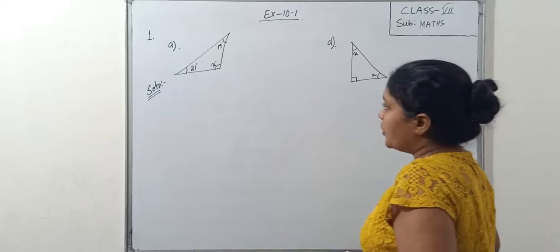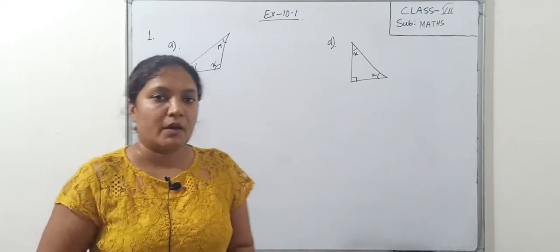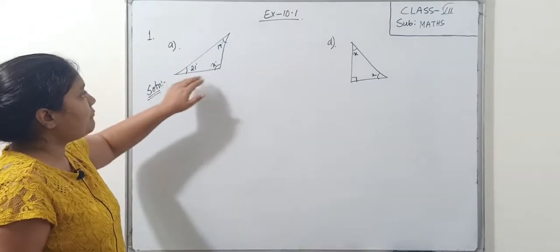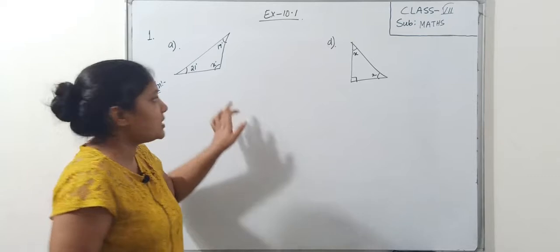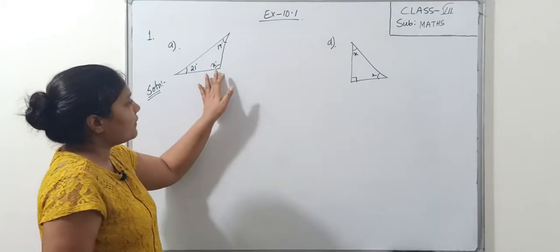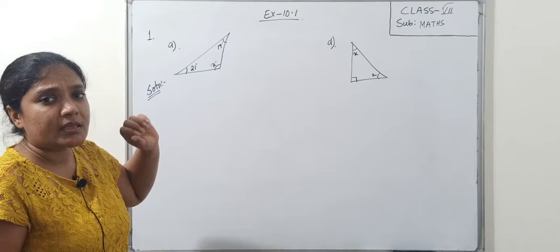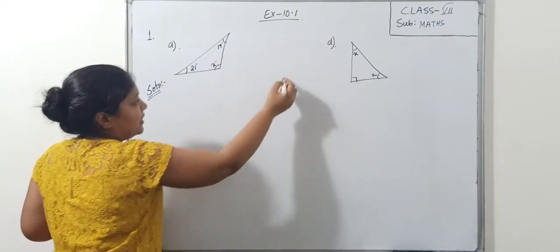So today we are going to do some solutions based on that theorem. In your question number 1, you have to find the measure of this x. Measure of this x angle means you have to find the value of x from the given figure. It is very easy, we know. Just look at the diagram everyone. What is given in the diagram?